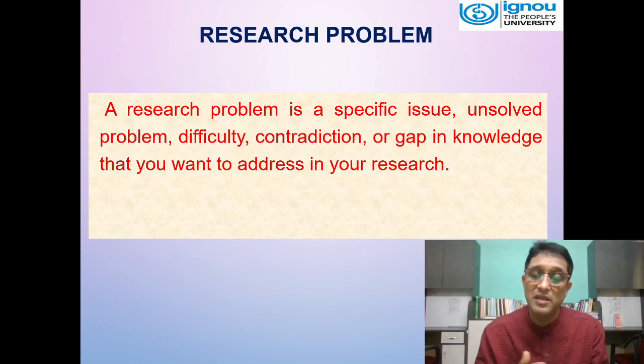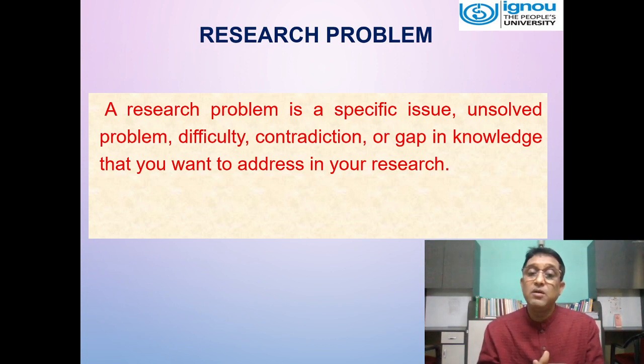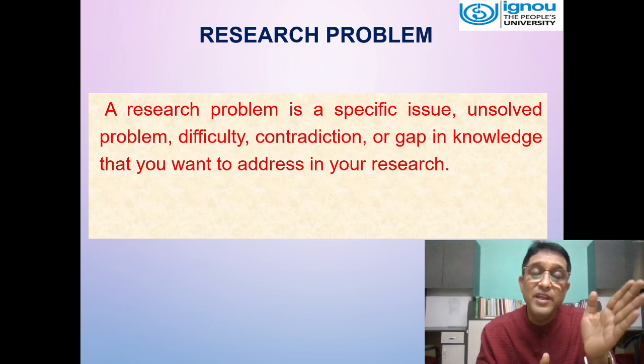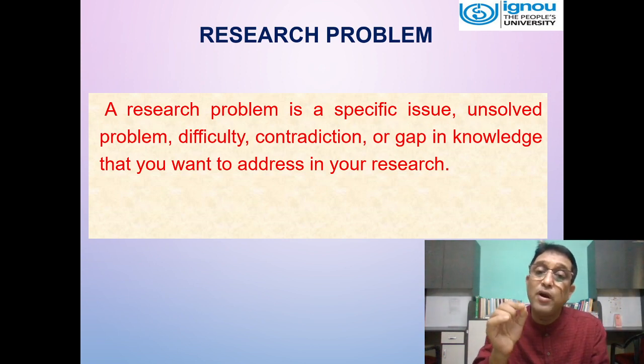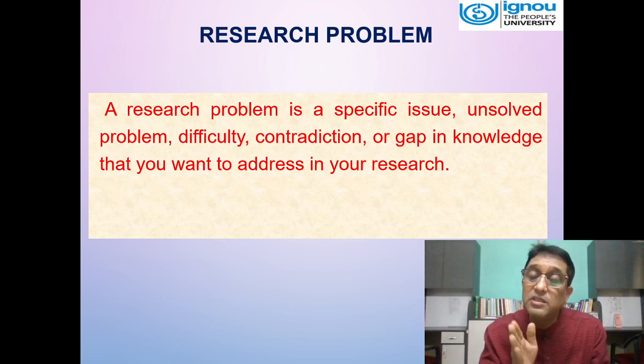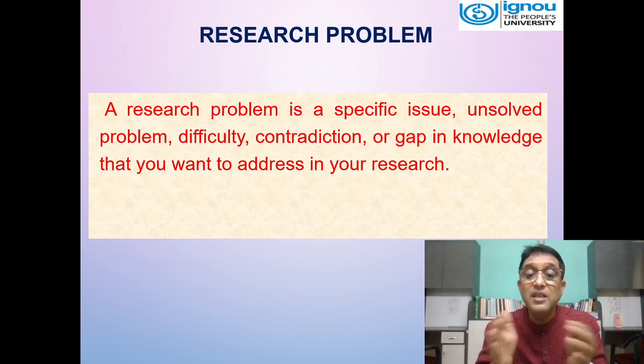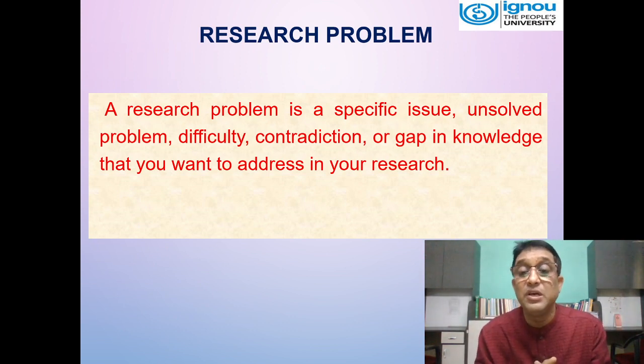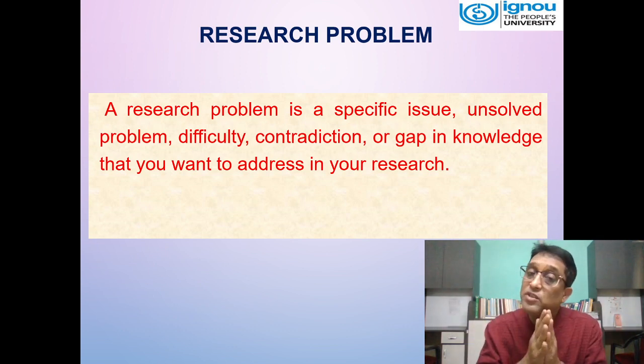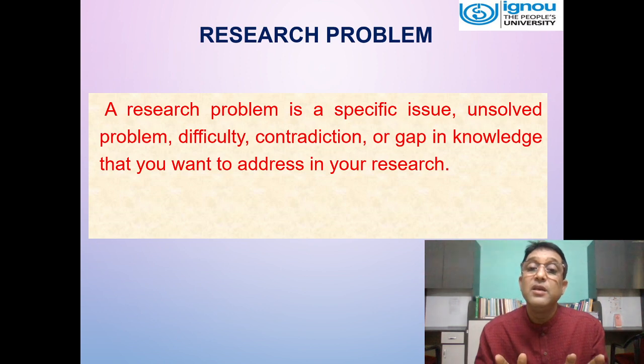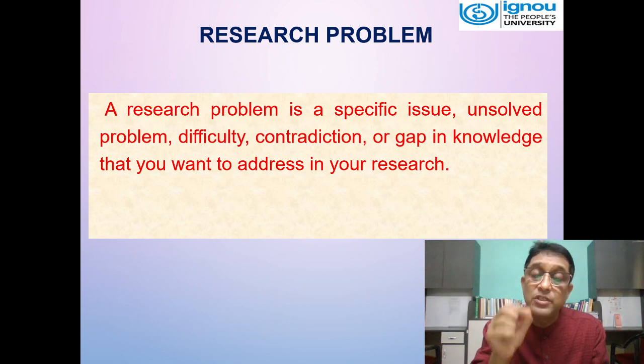A research problem is a type of contradiction. It means when you analyze the review of related literature, you will find that the findings of researchers are different. The findings of a few researchers go in one direction, whereas the findings of other researchers go in another direction. Means there is a contradiction in the findings of the research. It means the problem is not solved, because universally they are not reaching a point that this is the exact or right solution of the problem.